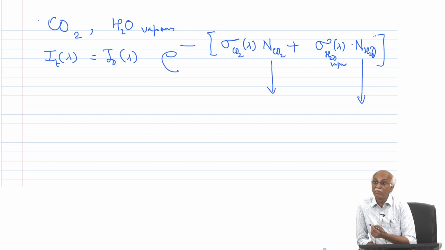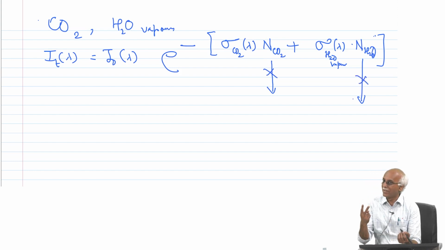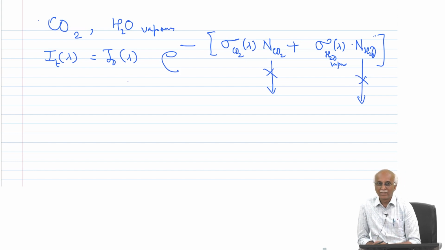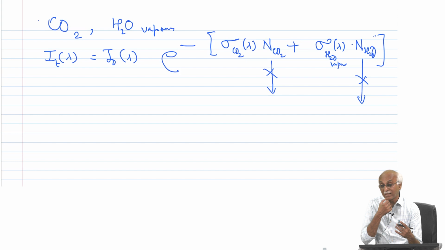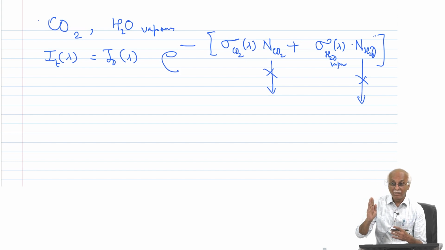I should use two different wavelengths, because there are two unknowns, these are the two unknowns. So there should be two equations, and two equations means two different wavelengths will be used to derive the values easily. Two different wavelengths can be various combinations, which means I can select a particular wavelength